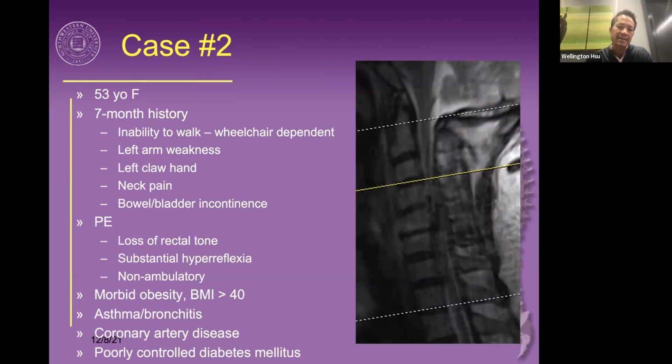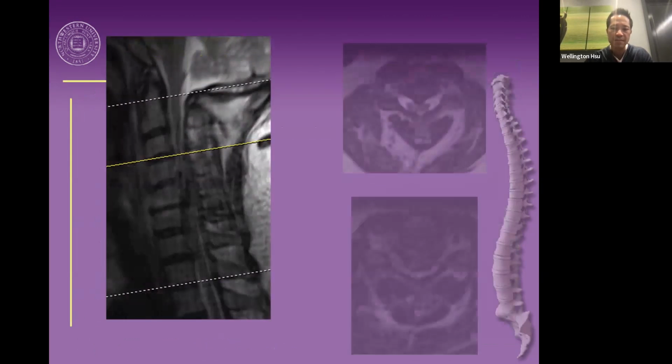This is a different case, a 53-year-old individual with a much more significant history of myelopathy. She can't walk. She's wheelchair dependent. She had left arm weakness, bowel and bladder incontinence, loss of rectal tone. She's morbidly obese, and she's got this really awful looking cervical spine,